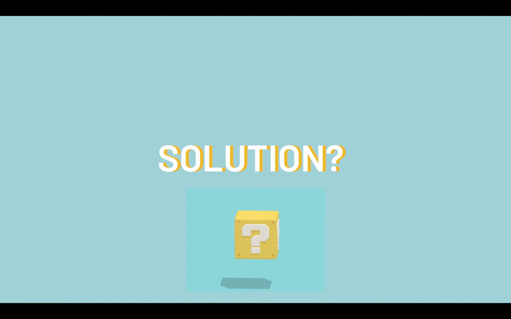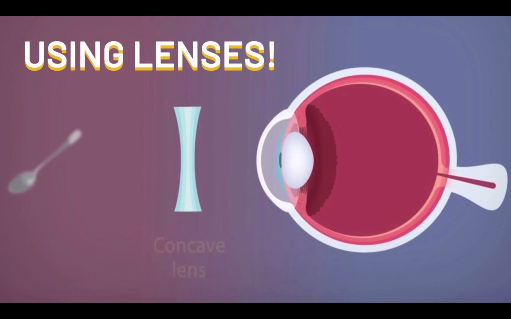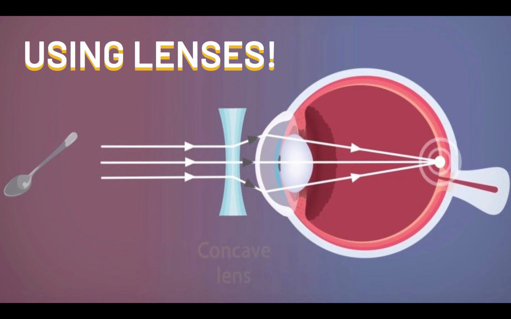Very simple, we can use lenses. In this case, we use a concave lens when we get our prescription glasses. Why a concave lens? Well, we know that a concave lens diverges light, and these divergent rays fall on the lens at an angle where they are able to refract and come together on the retina instead of in front